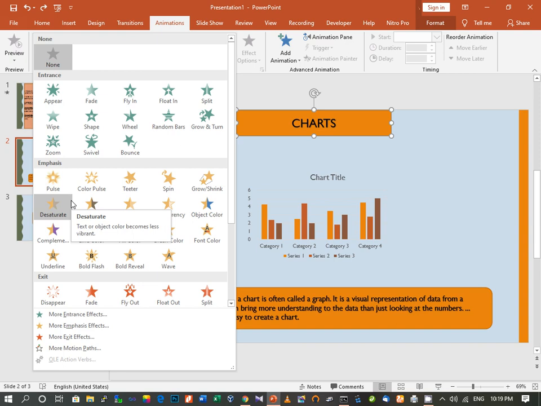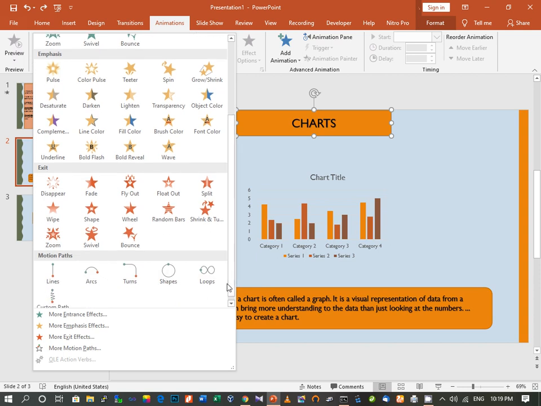And the fourth one is Motion. When I scroll down, you can see Motion, which provides how your objects move up and down on the slide. One by one we will see all these options.